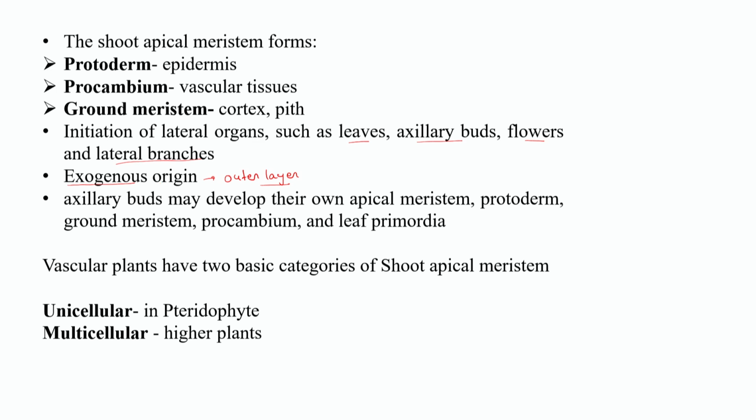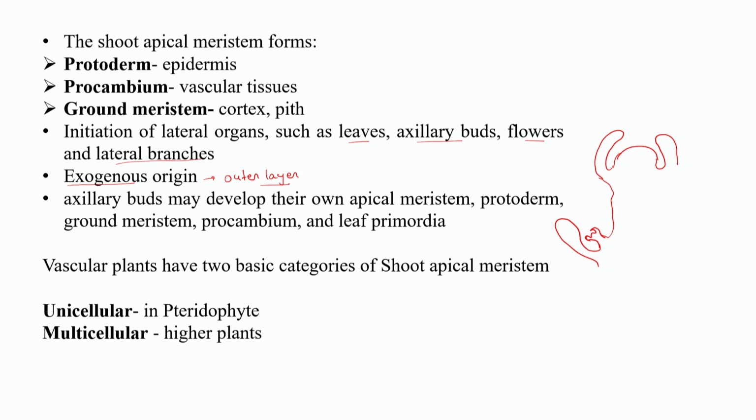from the outer surface. Now, when the meristem is developing, suppose it is developing some axillary bud, suppose at a certain point some axillary bud is getting formed. In this case also you will see that this axillary bud will develop its apical meristem. They will also start developing their apical meristem, and they can later form some branches of the